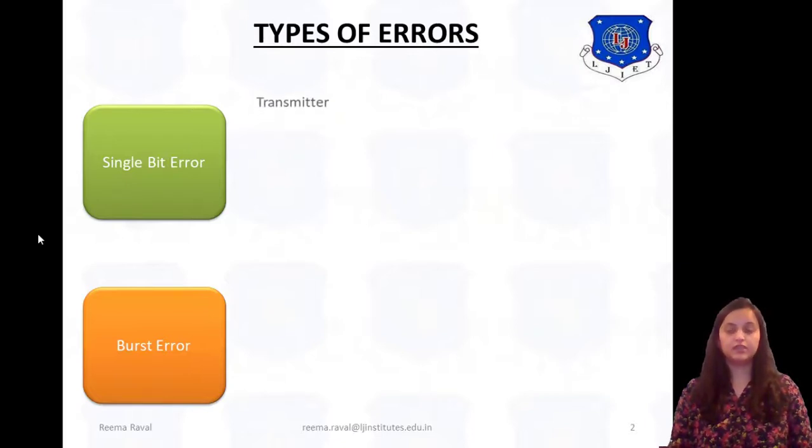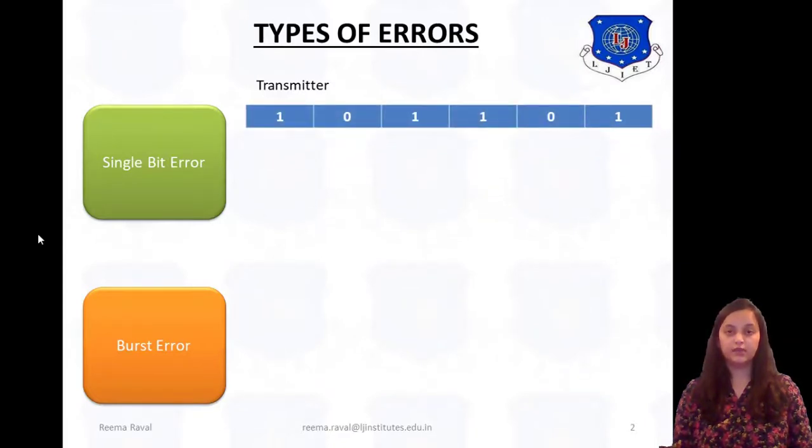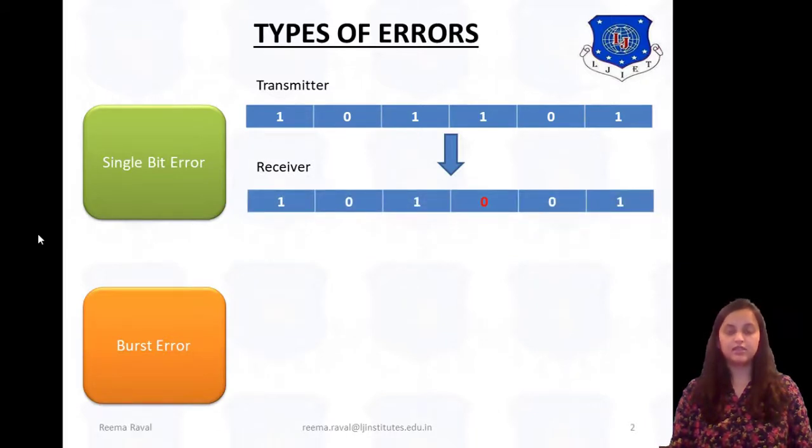Let's say for example, the transmitter sends this series of bits in which the data sequence is 1 0 1 1 0 1, and at the receiver side it receives the sequence like this, that is 1 0 1 0 0 1. Okay, so as you can see the fourth bit is changed from 1 to 0. That means there is an error in the fourth bit, in one bit only, so this is called as single